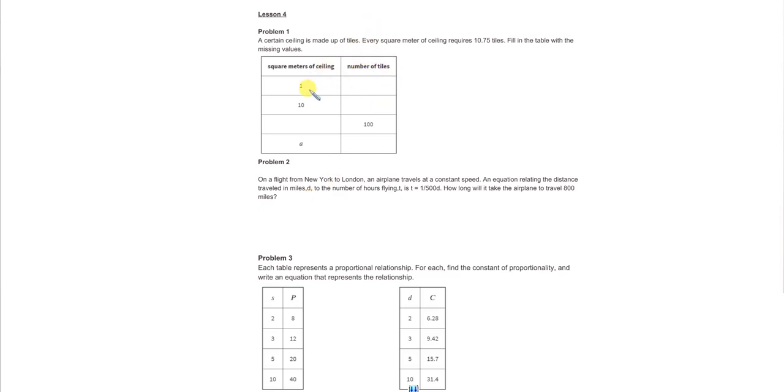So 1 square meter is in need of 10.75 tiles. So really right off the bat there you have a simple constant of proportionality because you have the number 1 involved. You're just going to multiply by 10.75 on the left to get what's on the right. So the very first one we're going to do 10.75 multiplied by 10, which is just a decimal move, and that gives us